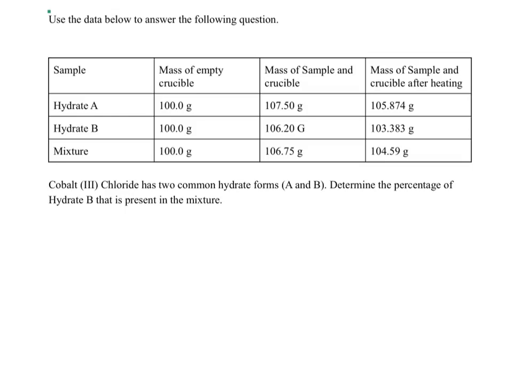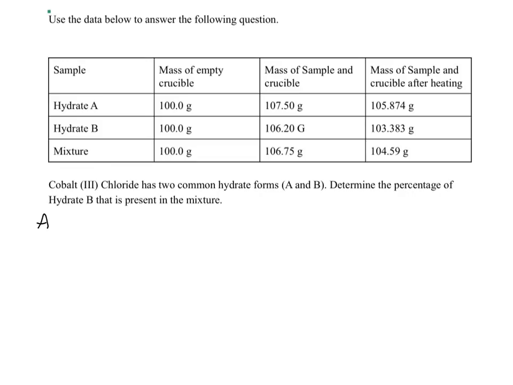Okay, last problem. We need to find the percentage of the mixture here that is made of hydrate B, and in order to do that, we're going to have to determine the percent of water in each hydrate and in the mixture. That's the first step, and then we're going to use that information to determine how much of the mixture is made of each hydrate. So the first thing is hydrate A